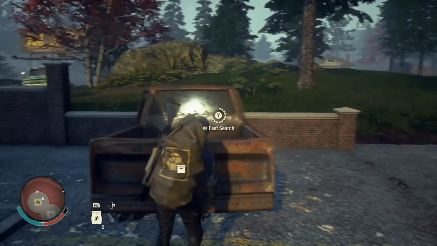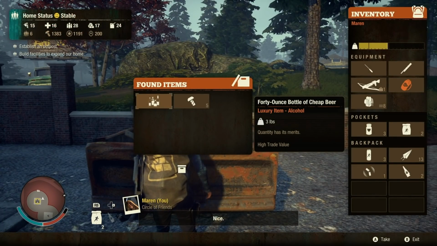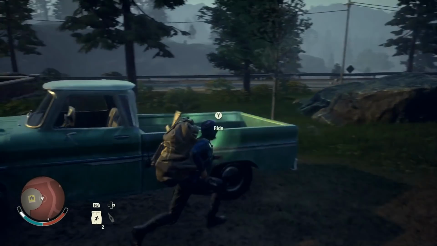I mean, we're close to being able to get to level 3, but yeah, we still got stuff. Ooh, 40-ounce bottle of cheap beer. Now that's heavy. Pretty good. So the next thing we're going to do is head back into town because